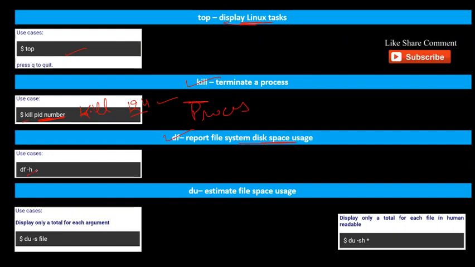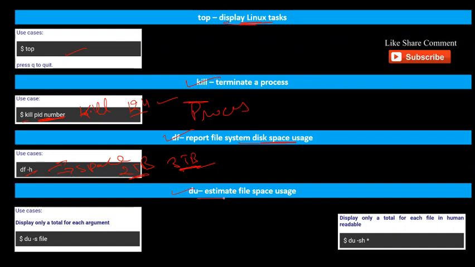Like if you use df, it will show you how much space each region has used, like 2 TB used or 3 TB used. It will show you that there are 3 TB but 2 TB is used, so 1 TB is free.